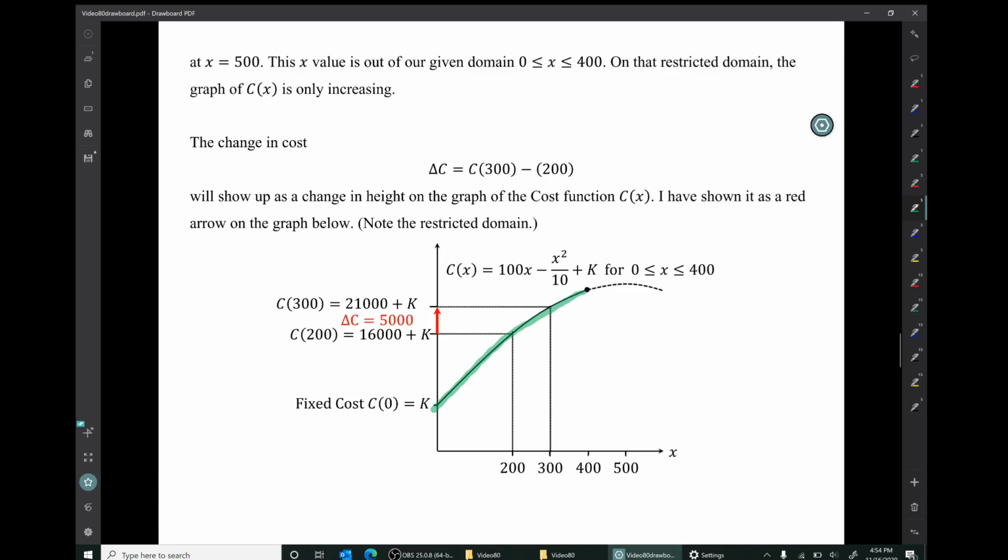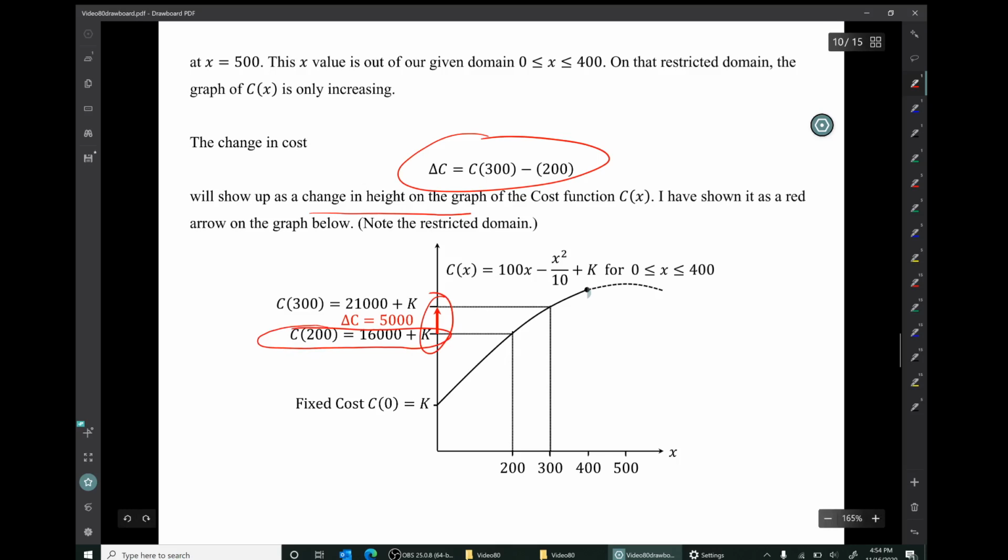Now, how do we illustrate the change in cost? Well, this quantity will show up as a change in the height of the graph. So I've shown that as a red arrow. Here's the value of the cost when x is 200. Here's the value of the cost when x is 300. The difference in those two y values I've highlighted with that red arrow, and I've labeled it as delta C